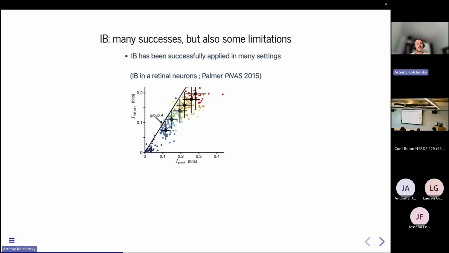So what I'm going to argue is that information bottleneck is very interesting, and I think it's had some success, but it's also limited. Let me just say what I mean by success. I think one of the successes of information bottleneck is it sets a gold standard for compression, at least in a certain operational setting. And you can compare real systems to that gold standard, and you can ask how close they are to optimal. And so Bill Bialek, who's a very famous biophysicist, has done a lot of this, where